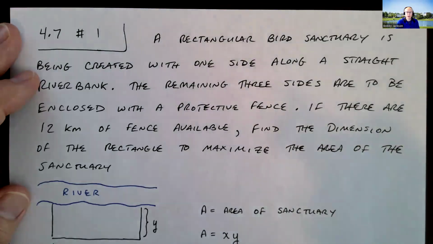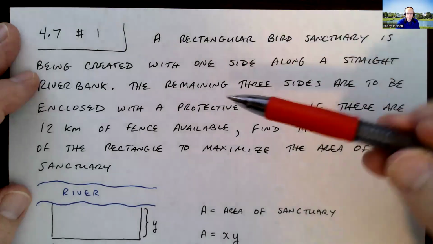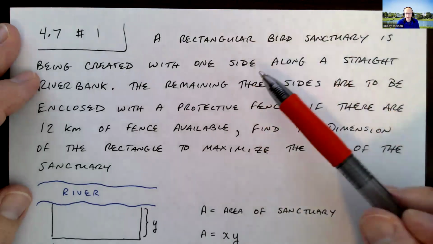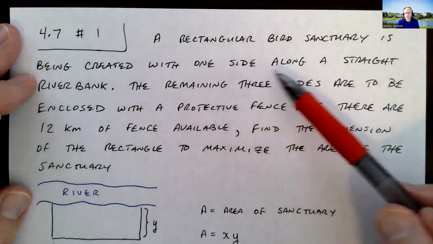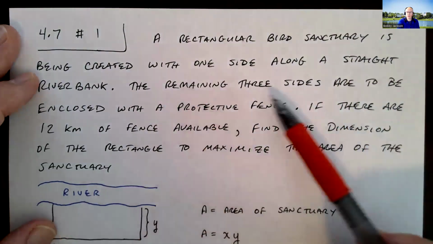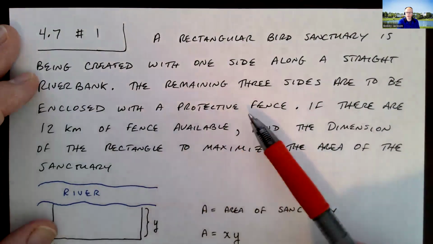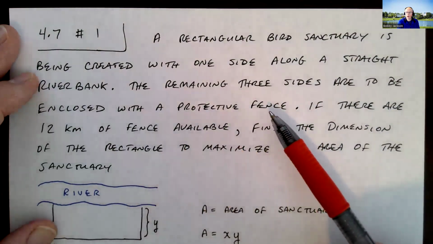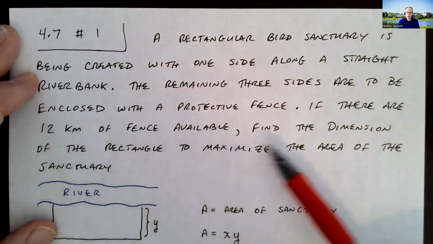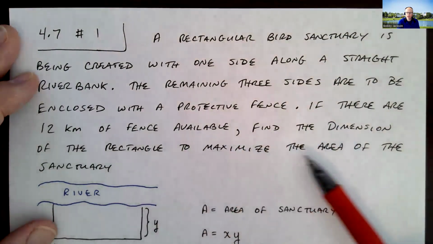Hey everyone, let's take a look at the first one in section 4.7. We've got a rectangular bird sanctuary that's going to be created with one side along a straight river bank. Okay, and then the remaining three sides are to be enclosed with a protective fence. If there are 12 kilometers of fence available, find the dimensions of the rectangle to maximize the area of